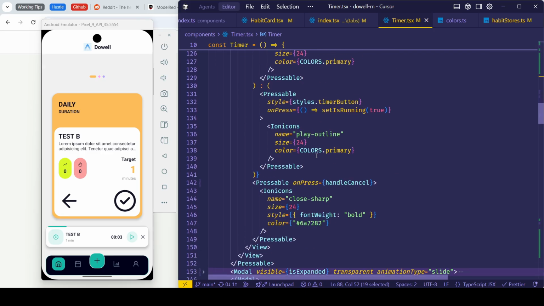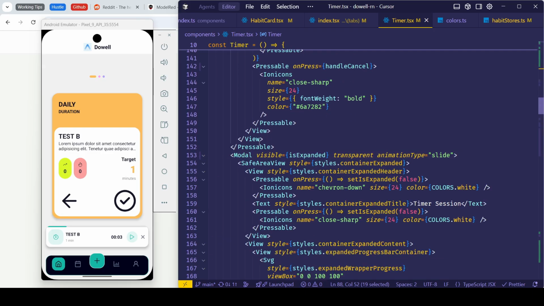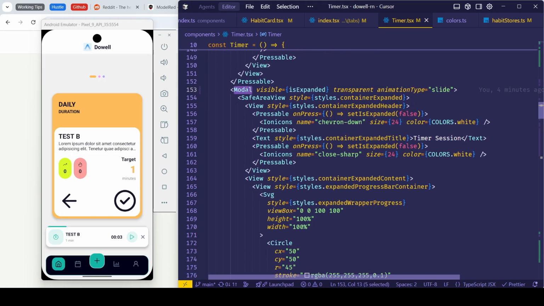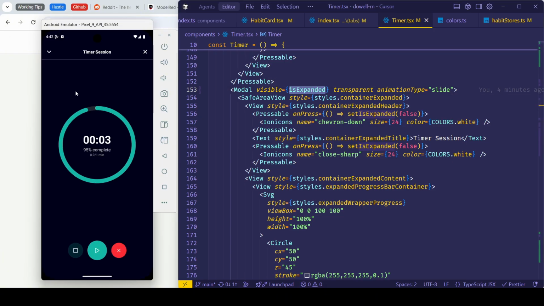And for the modal, I just place it below the floating countdown. I just call the Modal component, then in the visible prop I just pass the isExpanded state. So if this is true, it will appear like this, with the transparent background and animation like this.